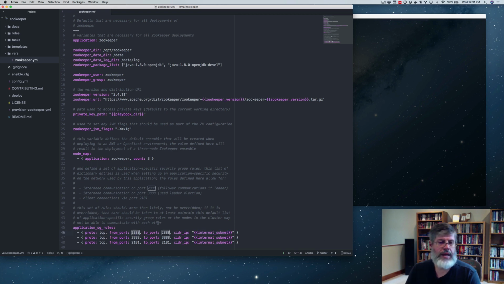This first port, 2888, is used for communications between followers and the leader. This second is used for communications between the nodes for leader election in the Zookeeper ensemble run. And this third one, 2181, is used for client connections to Zookeeper. All of our processes will talk to Zookeeper across the internal subnet for security purposes. So that's the basic variables file that defines the defaults that are typically used in an Ansible playbook run using